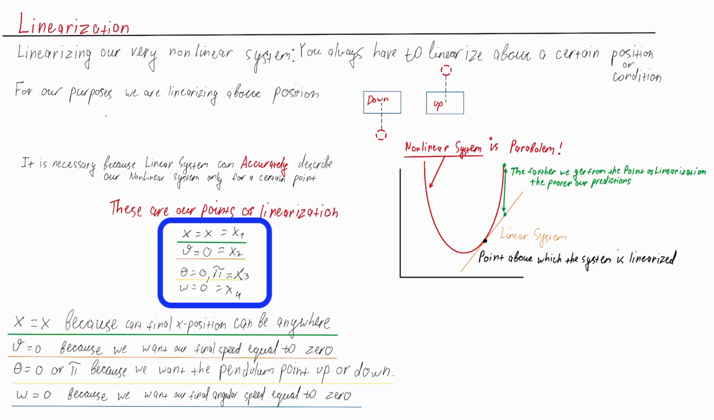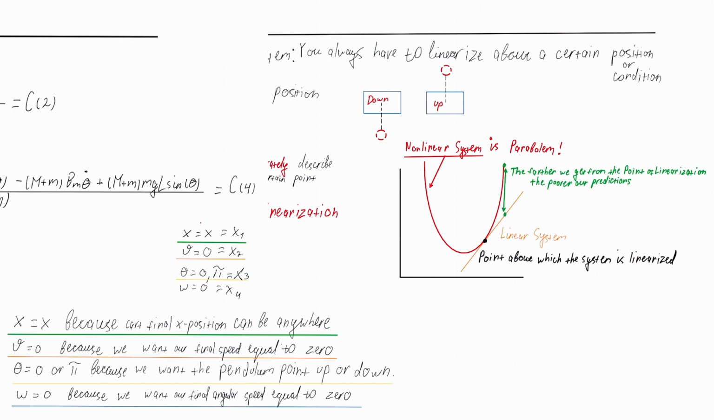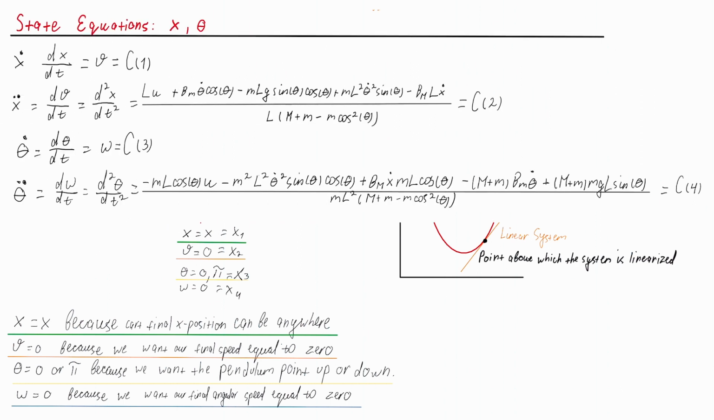Going back, we have 4 states: our position, velocity, angle, and angular velocity. Our goal is to have x position equal to x, because none of our state equations are dependent on x. Therefore, our system is indifferent if x is 0, 100, or 1,000,000. Velocity is equal to 0 because our acceleration is dependent on velocity. If there is even a small velocity at the end, it will cause an acceleration that will destabilize the whole